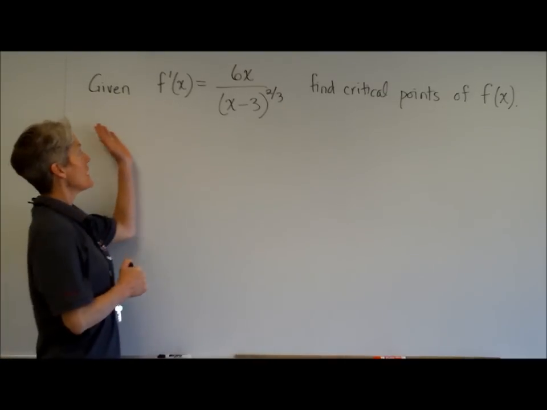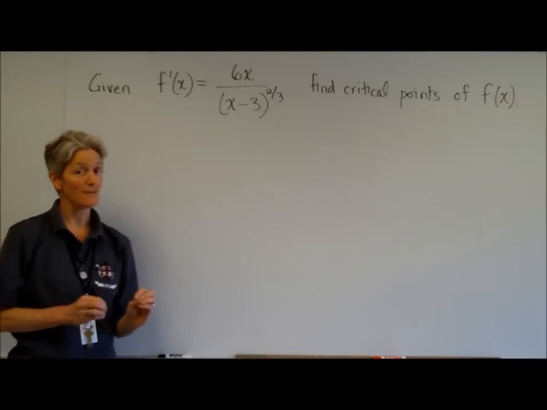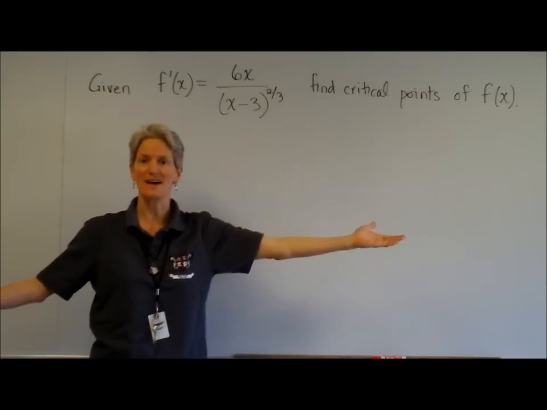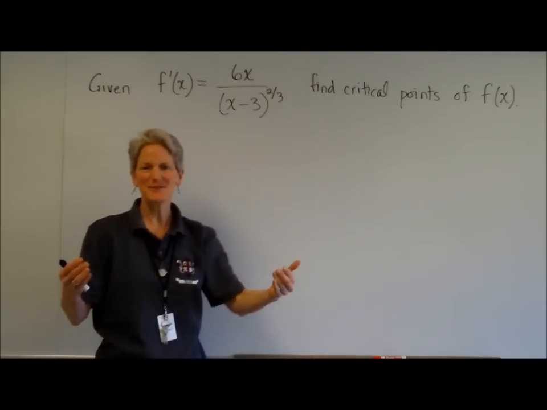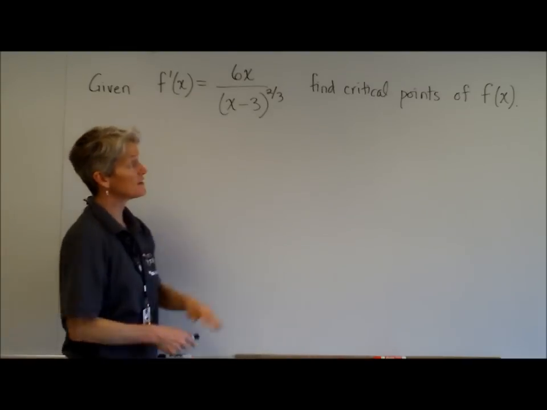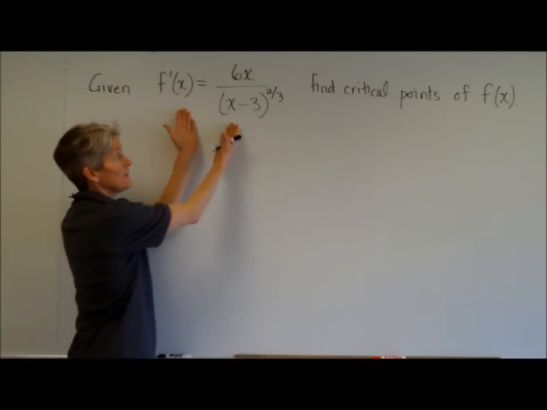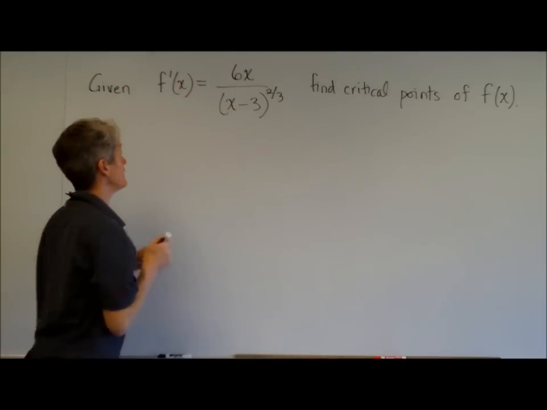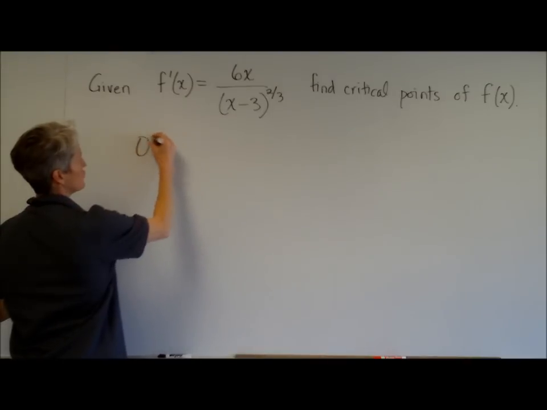Here's a fun thing. I'm actually giving you the derivative and asking you to find the critical points of the original function. That's already the derivative we're looking at. Like most of the work is done. You don't even have to take the derivative. So to find the critical points, I just want to see when the derivative, the slope, equals 0 or is undefined. So let's start by setting this derivative